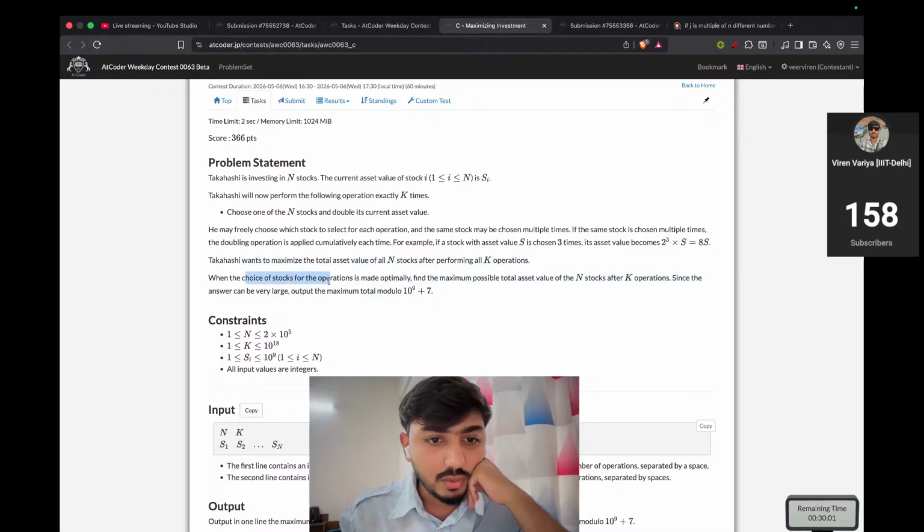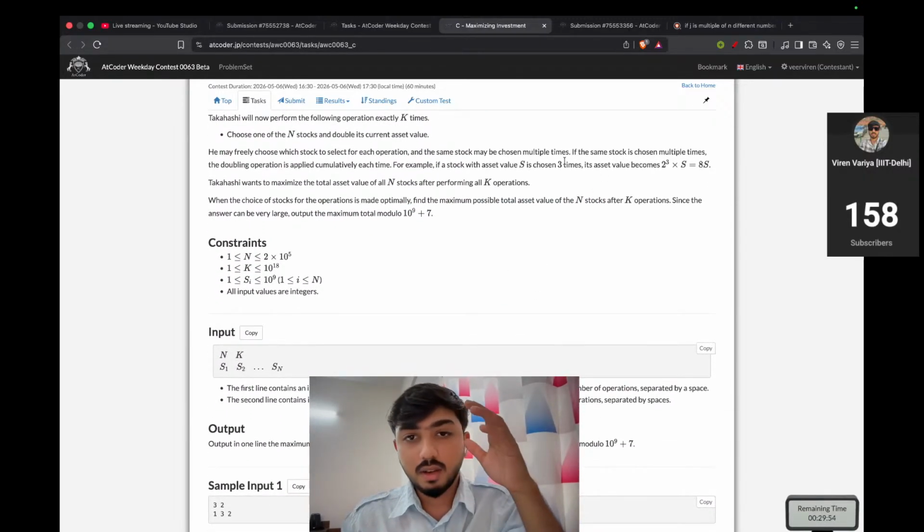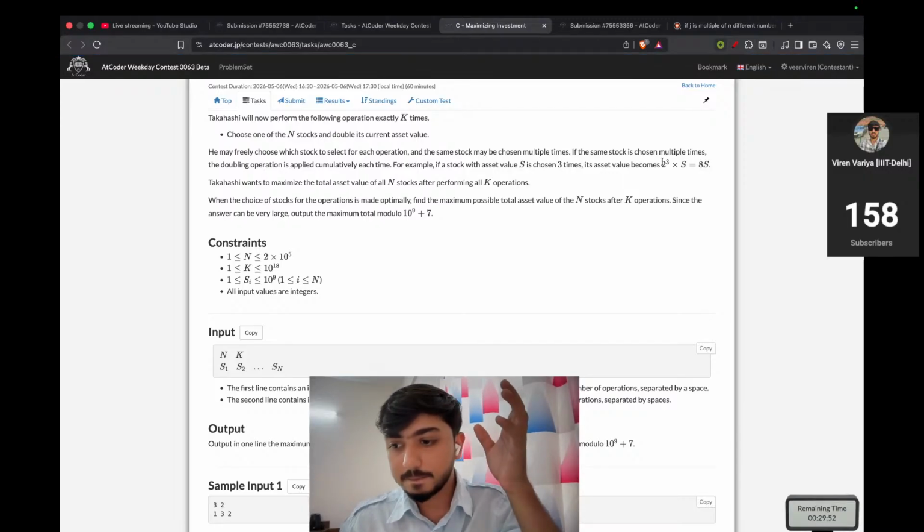When the choice of stock is made optimally, for the maximum total assets, we can use a priority queue right here. If we think greedily,